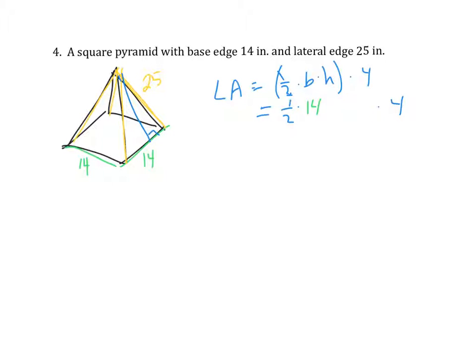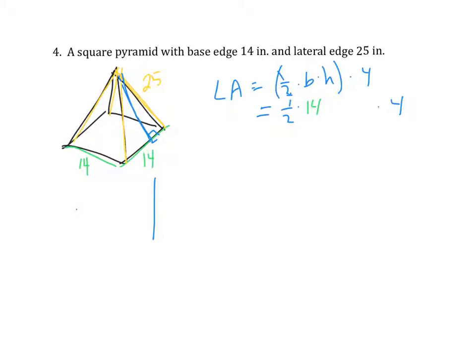I'm going to have to do a little work, and I'm going to actually pull out this triangle that we're looking at. Oh yeah, a right triangle. There it is, a right triangle on the side. That's a different right triangle than I used in the last one. So that right triangle is formed by